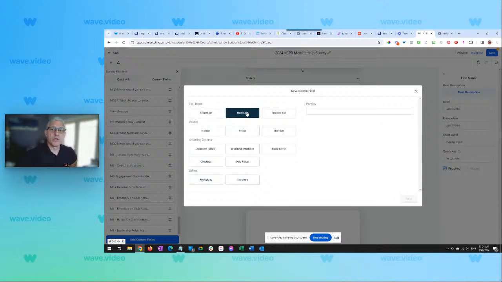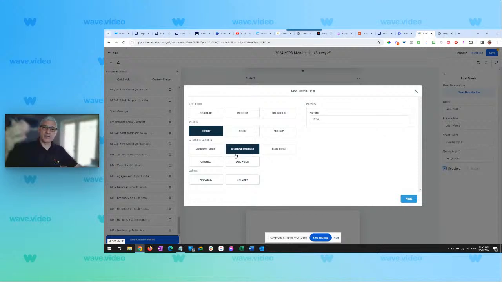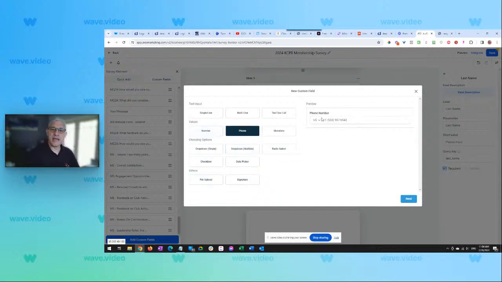So this is going to be a multi-line text because they're going to be able to put a couple paragraphs if they so choose. But we have the option of a single line. We have a text box where you can have different options. You've got a number. In one of our previous questions, it was rate overall satisfaction 1 to 10, where they just type in a number and it's good. You can see the input mask for phone. This can be changed on the inside relative to the country that it's using. There's monetary. So if you have a dollar amount or a guilder amount in this case,